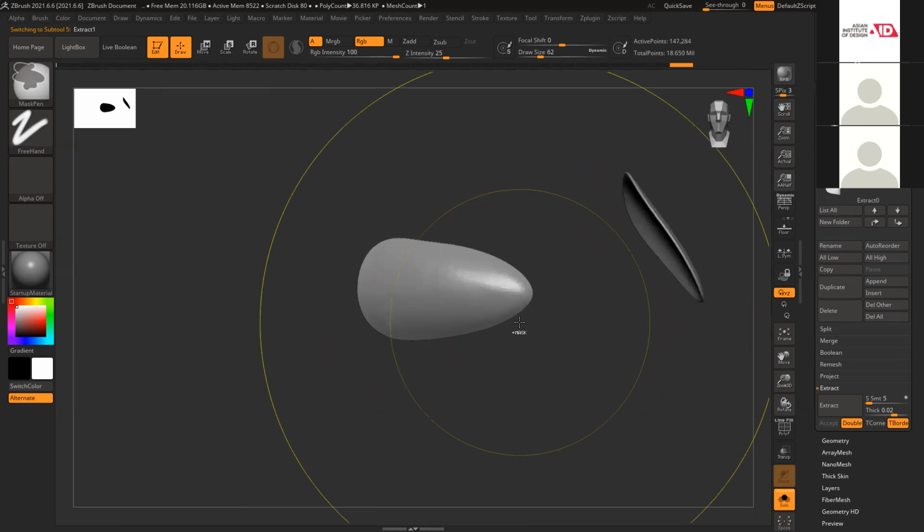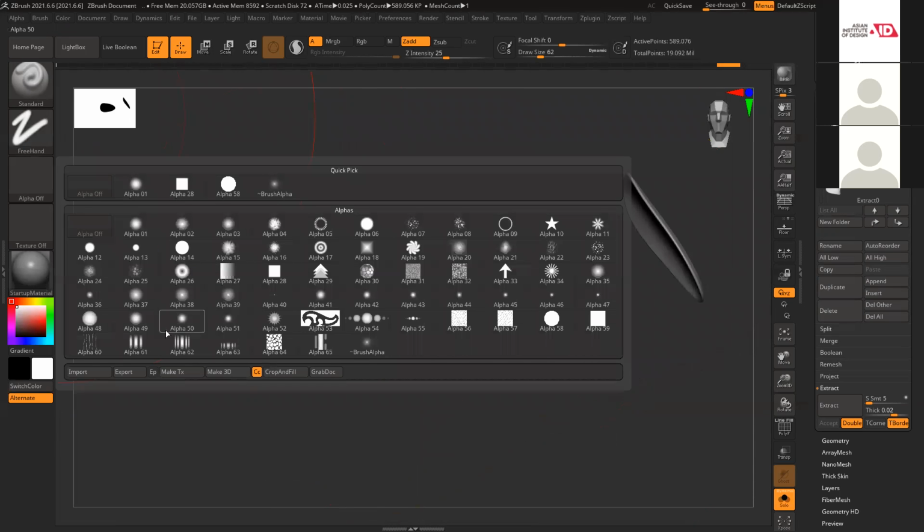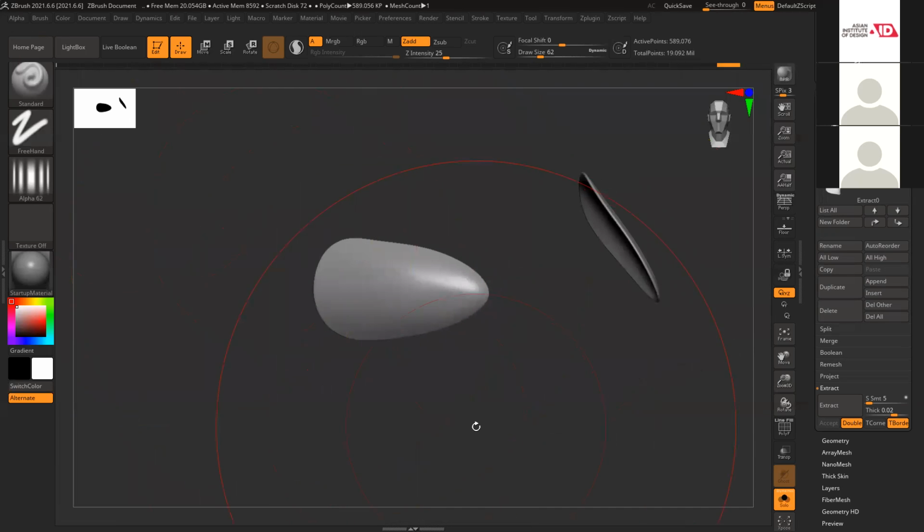Control D, 2, 3 times. Maybe one more time. Standard brush, and I'll use this alpha. Because nails are not flat.